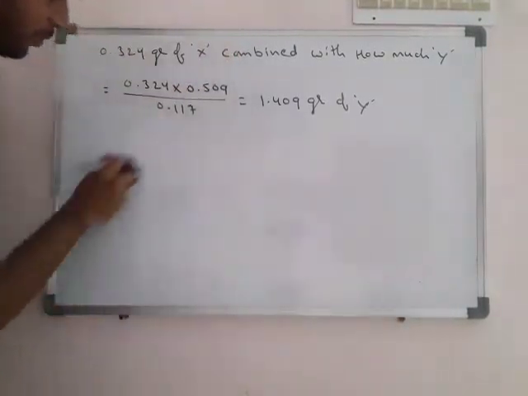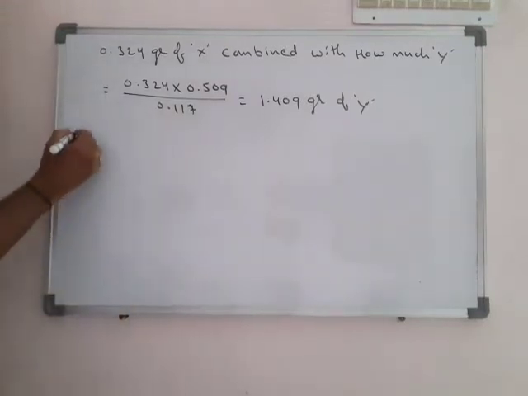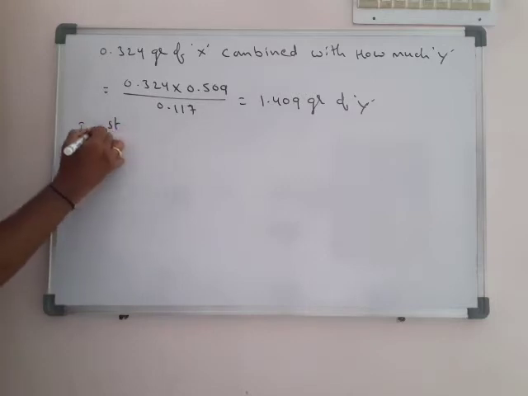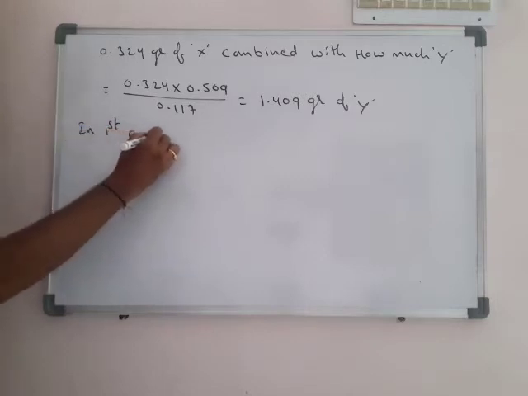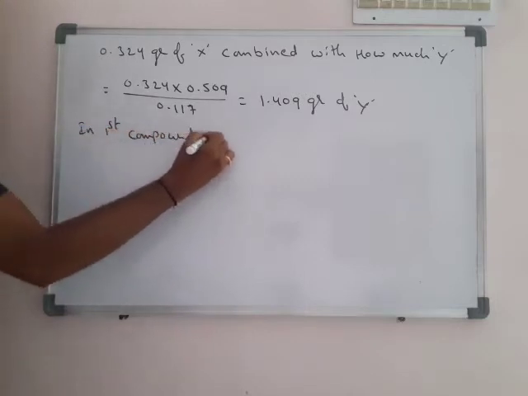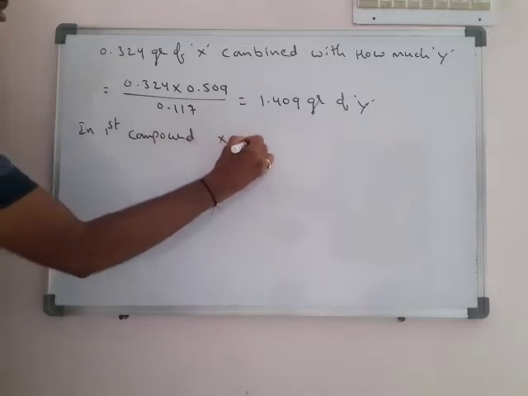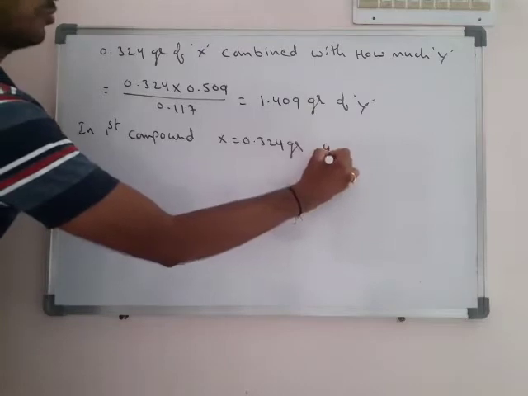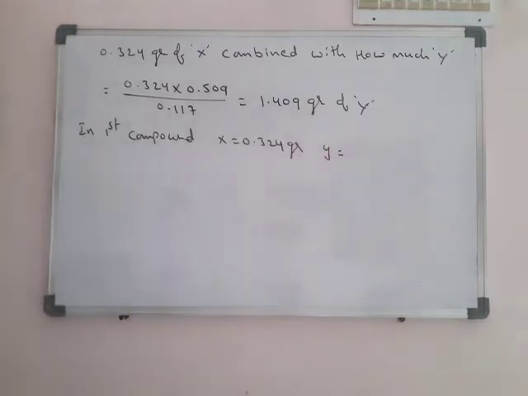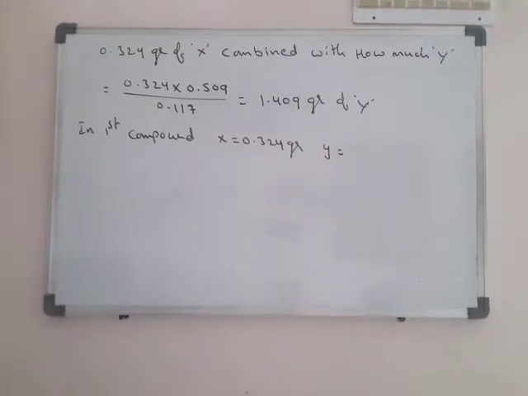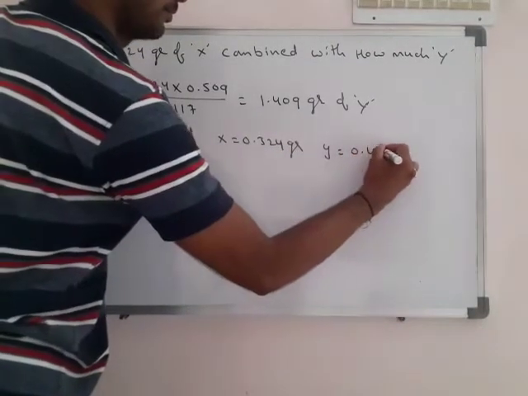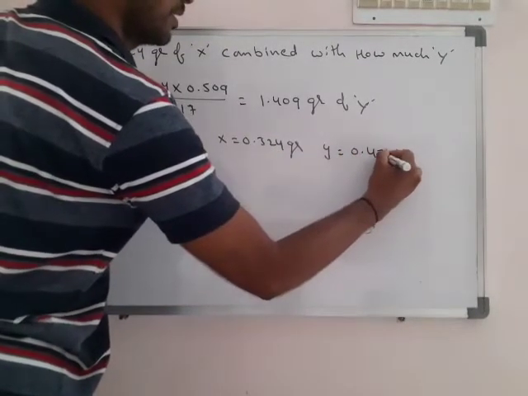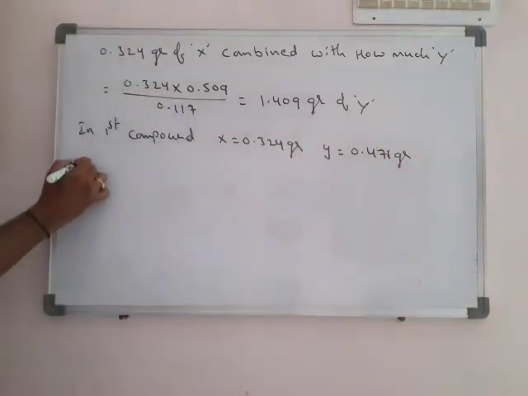ఇప్పుడు ద ఫస్ట్ కాంపౌండ్, in first compound, just we have to understand perfectly here. In first compound, x equal how much? 0.324 grams. Y is equal how much it was given? That is exactly given 0.471. Okay. So in the second compound, now in second compound,